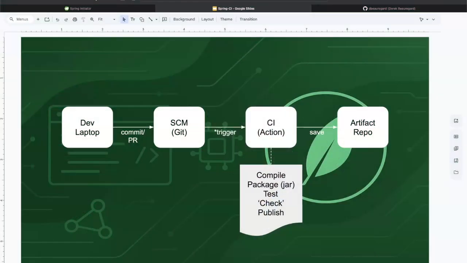This session won't be a full overview of what continuous integration is. There are many great books, articles, and videos on that. For today's session, I want to dive into the key pieces here to do continuous integration for our Spring Boot